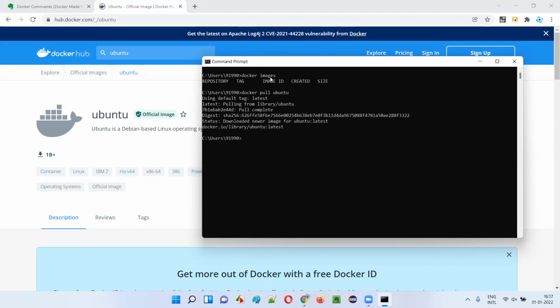On the top, when you type docker images, you are not getting any docker images here because there are no docker images available in your machine at the moment. Now, after you have downloaded this Ubuntu docker image, if you type the same docker images command, you will get the docker image. You see, one docker image is available right now in your machine. Ubuntu latest is available.